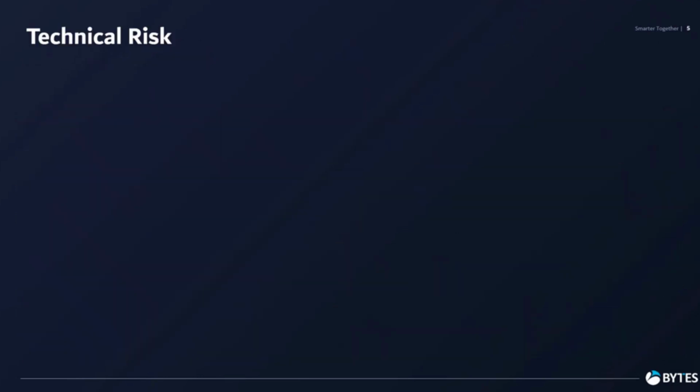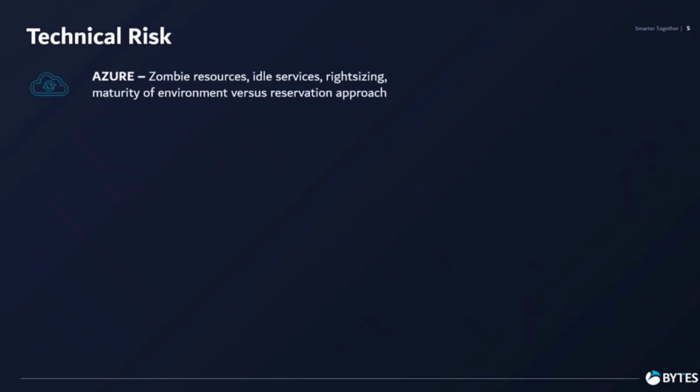So the first of these specific areas is technical risk. And I think when we look at technical risk, we're talking about things where members of the organization may look at deploying new technology, or there may be a business process or business change that has an underlying need for new technology, something that typically those who are deploying and configuring IT systems or products or features will have responsibility for looking at. And the first of these areas is with regards to Azure.